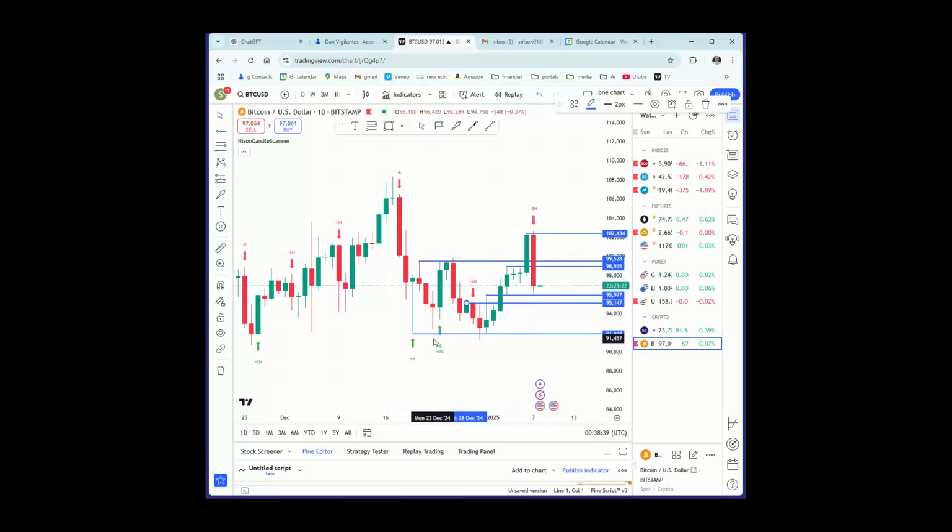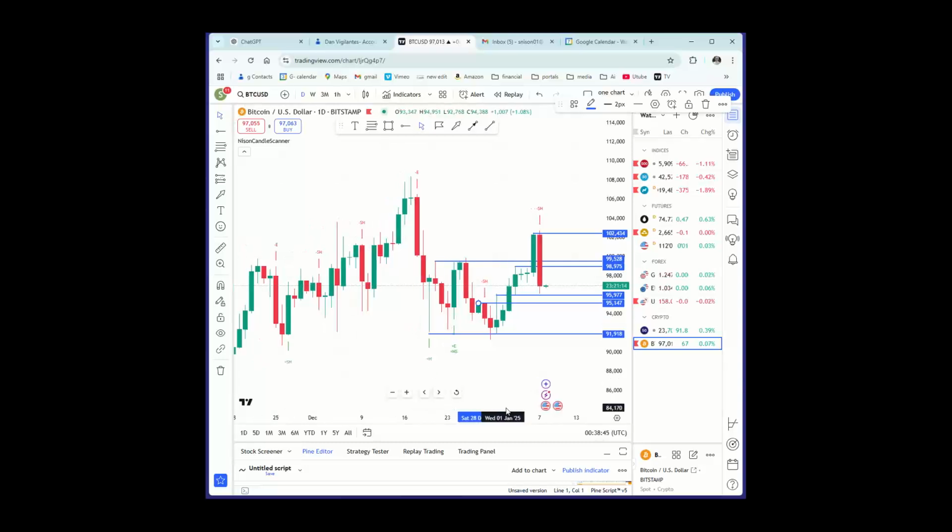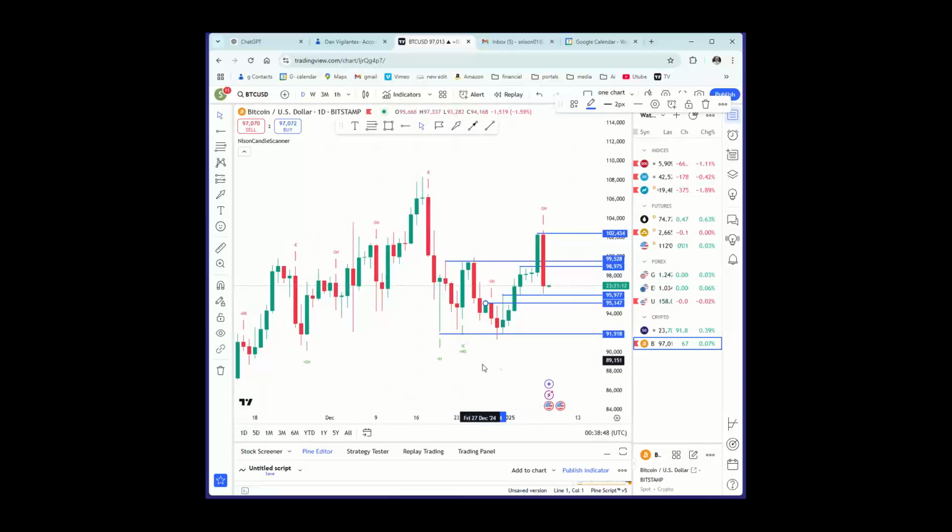Then under it, this to me is more important because of the hammer. That's what a plus H is, a bullish engulfing pattern. A lot of bottoming signals. Doesn't mean it's going to hold, but there are a lot of bottoming signals there. So that is my second support area.